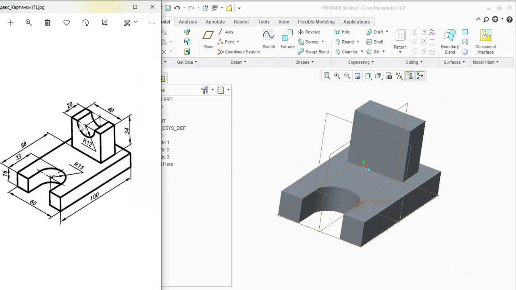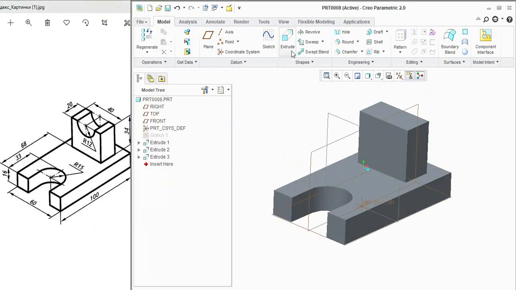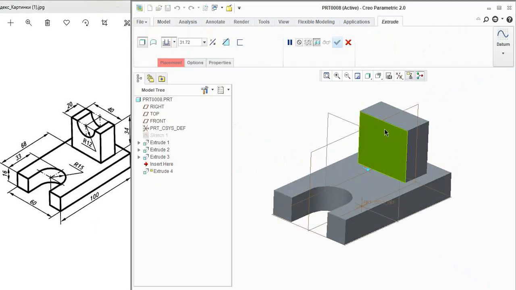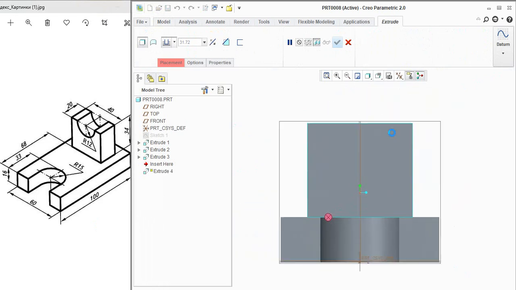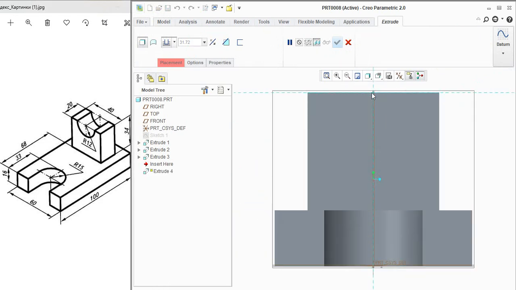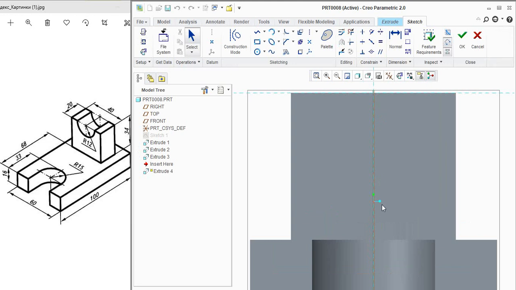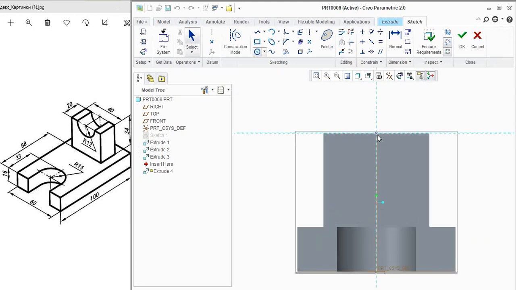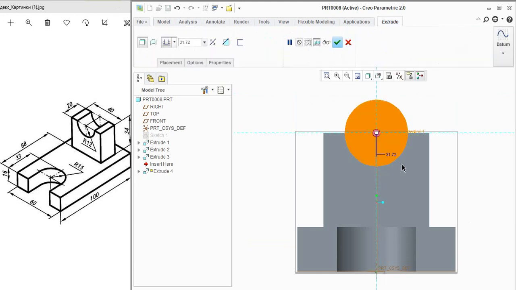Again we need to make one more extrude, an extrude cut. Here you can see they made a circle of radius 12 and used the extrude cut option. Again we click on extrude and select this face. Here we have the center line, so we will make a circle here, diameter 24, and then exit sketch.